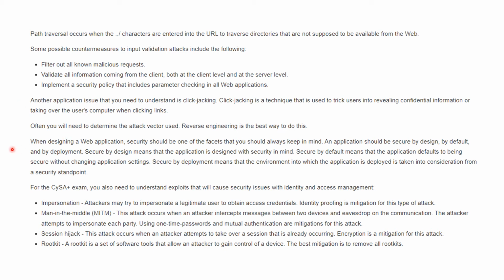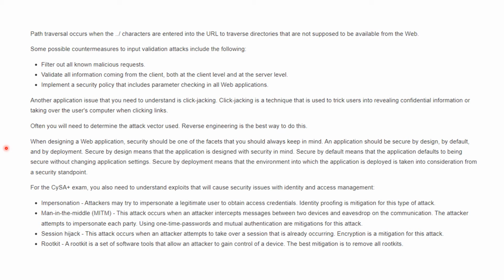When designing a web application, security should be one of the facets that you always keep in mind. An application should be secure by design, by default, and by deployment. Secure by design means that the application is designed with security in mind. Secure by default means that the application defaults to being secure without changing application settings. And secure by deployment means that the environment into which the application is deployed is taken into consideration from a